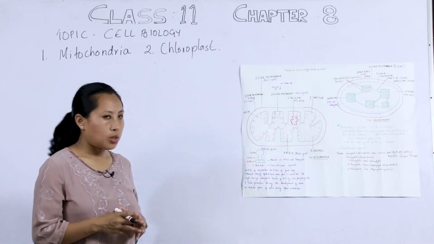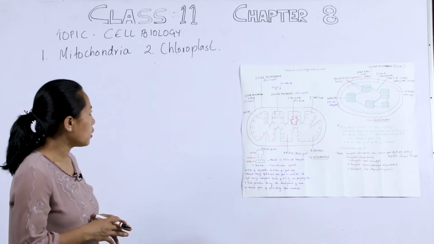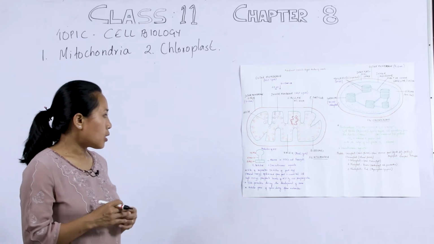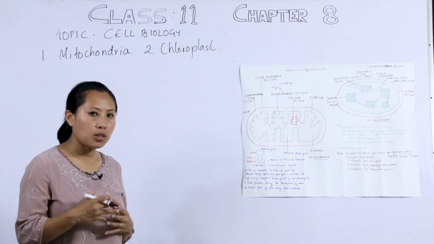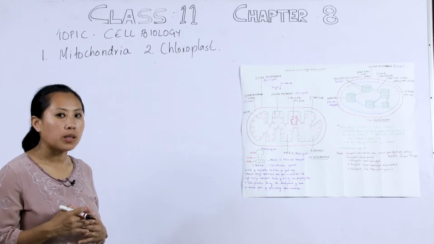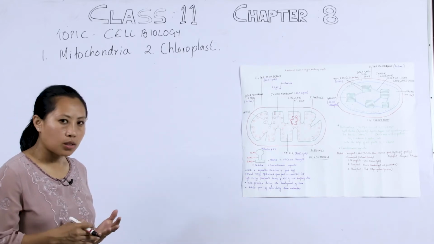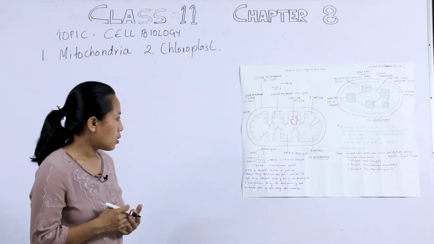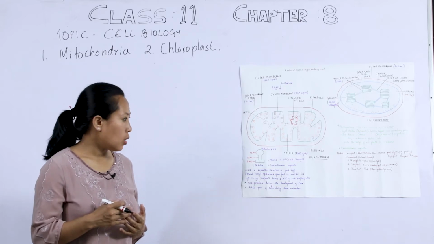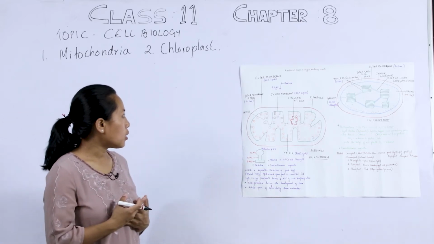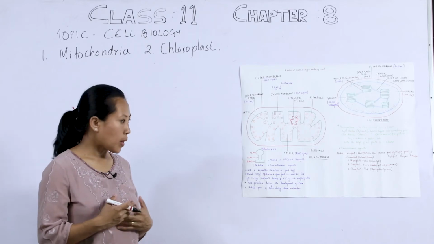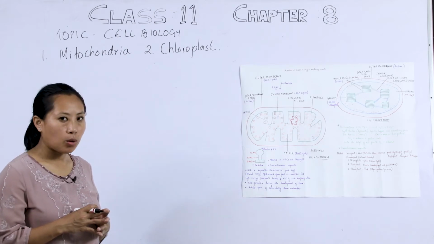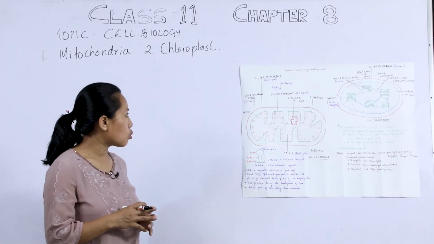Mitochondria were first discovered by Kolliker in 1880 in the flight muscle of insects. These cell organelles are absent in prokaryotic cells and in mature mammalian RBC, and they are present in eukaryotic cells. They are rod shaped, and they measure about 5 to 10 nanometer in length and 0.6 to 2 nanometer in width.